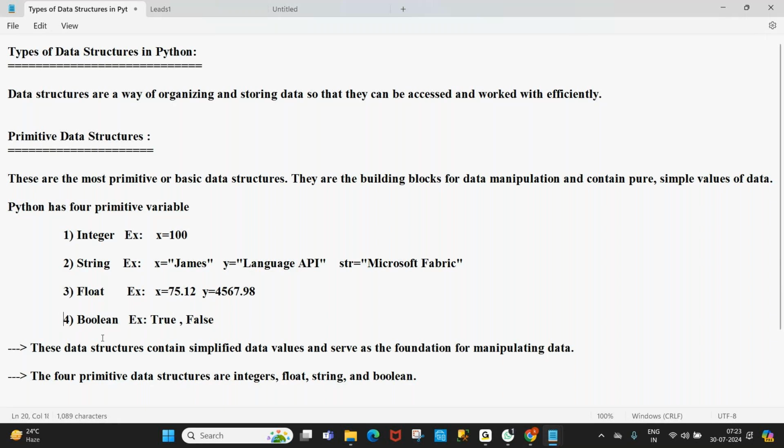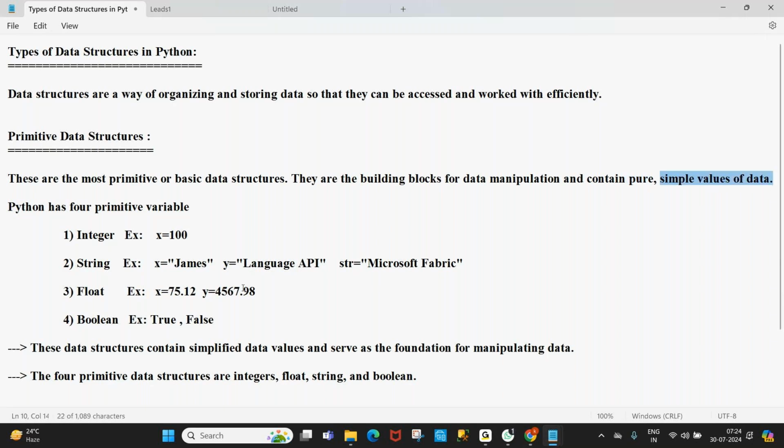Primitive data structures, or basic data structures, or basic data types in Python. One more thing, remember, these primitive data structures or basic data types can hold pure and simple values.